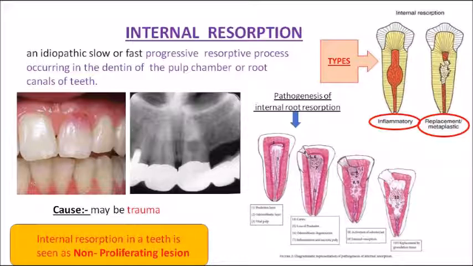One more thing you should understand is, when does this internal resorption take place? Whenever there is caries or any trauma which is affecting the pulp. In those areas of involvement there will be odontoblastic degeneration as well as loss of pulpal vitality. The pulp becomes inflamed and necrotic. Further it goes into the activation of odontoclasts and produces internal resorption, or it becomes replaced by granulation tissue. That is how internal resorption takes place.